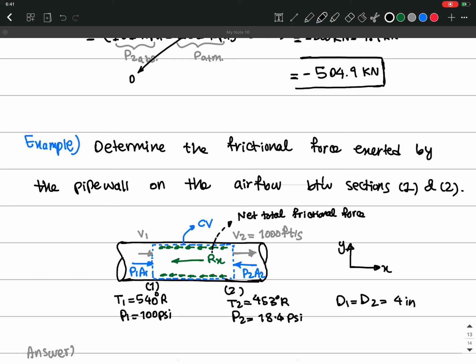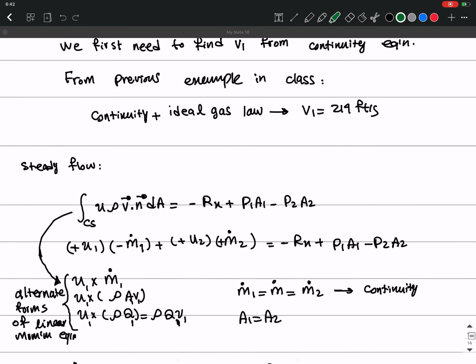And again, the main strategy here that you need to use is first drawing a control volume. That is the main important thing. So for this kind of problem it is easy, but sometimes it becomes challenging if the geometry of the problem is more complicated. But in general, you need to draw a control volume that makes your problem easier and includes all the information that is given in the problem. And then you draw the free body diagram of the forces that act on this control volume. And then you write the